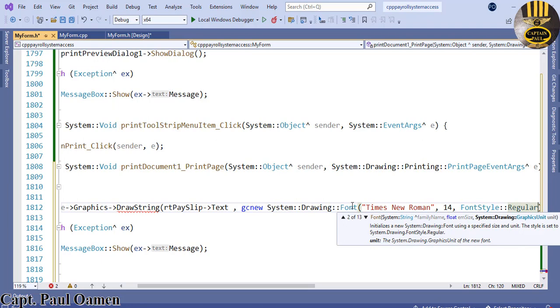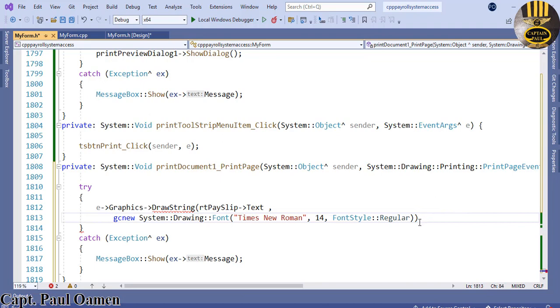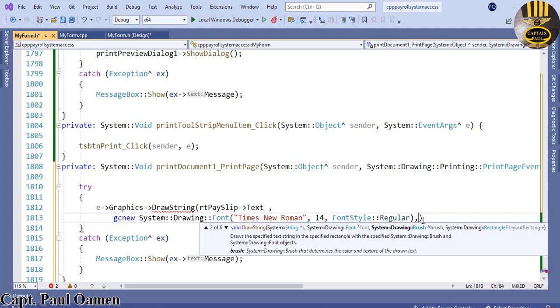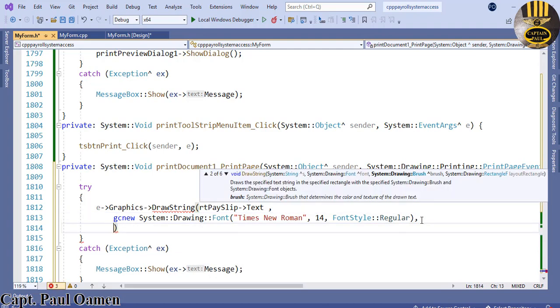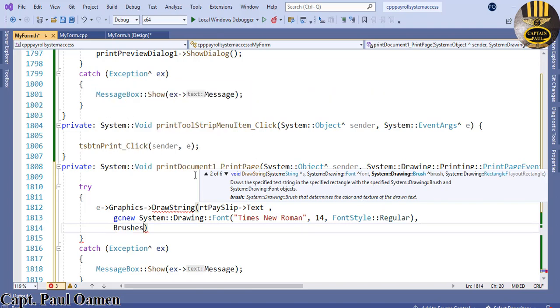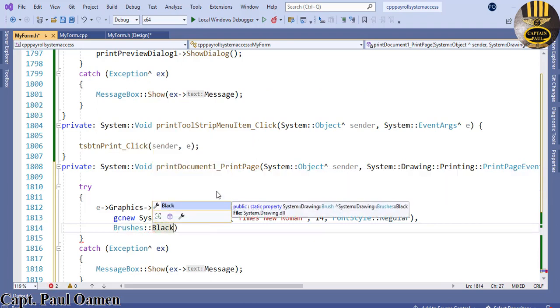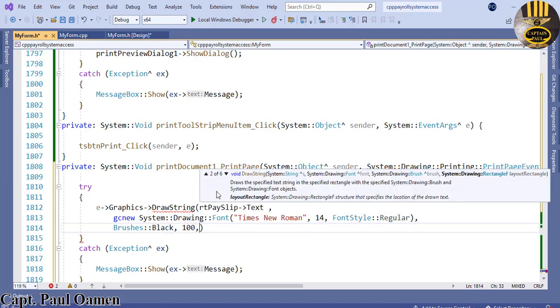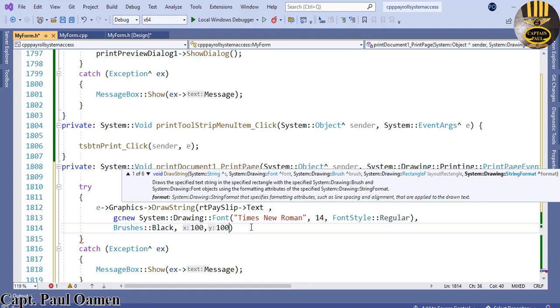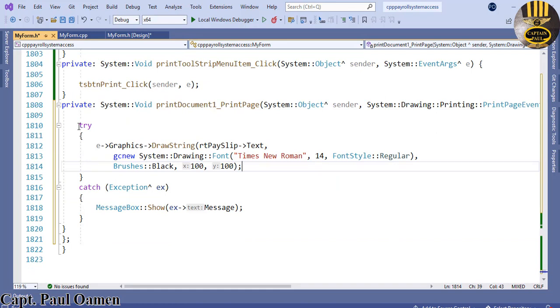There. Let's just press enter here so that you guys can see it all. So that's going to be regular. Then I'm going to put a comma here. Yeah, let's press enter again, and the next one is going to be the type of brush that we're going to be using. So brush, I think is Brushes.Black, you can make that the default color black, comma, let's say 100 by 100 as a coordinate for it there, and that's all there is to that. That print is taken care of now,